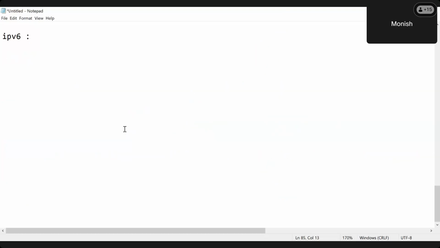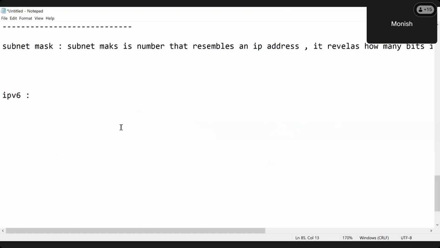Now, this is for the IPv4, guys. Now let's talk about IPv6. So why do we have this concept of IPv6, guys? Because in IPv4 we only get